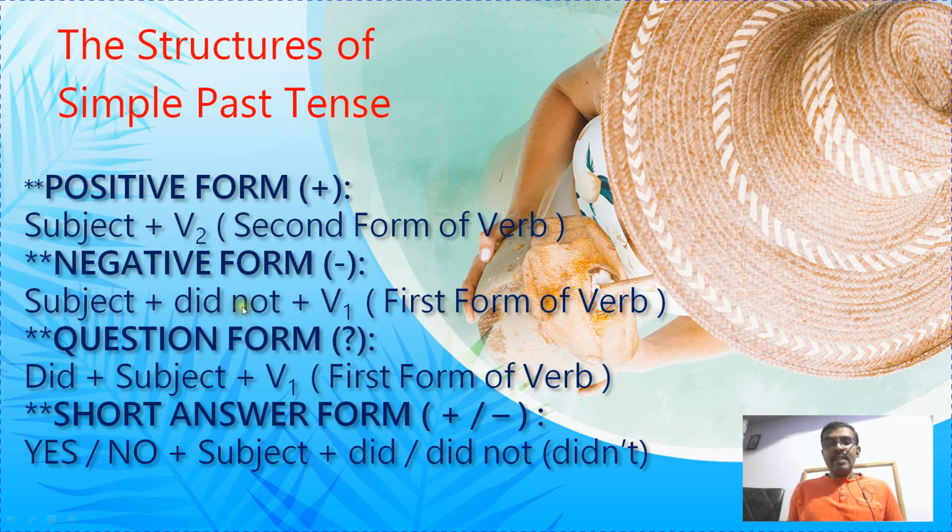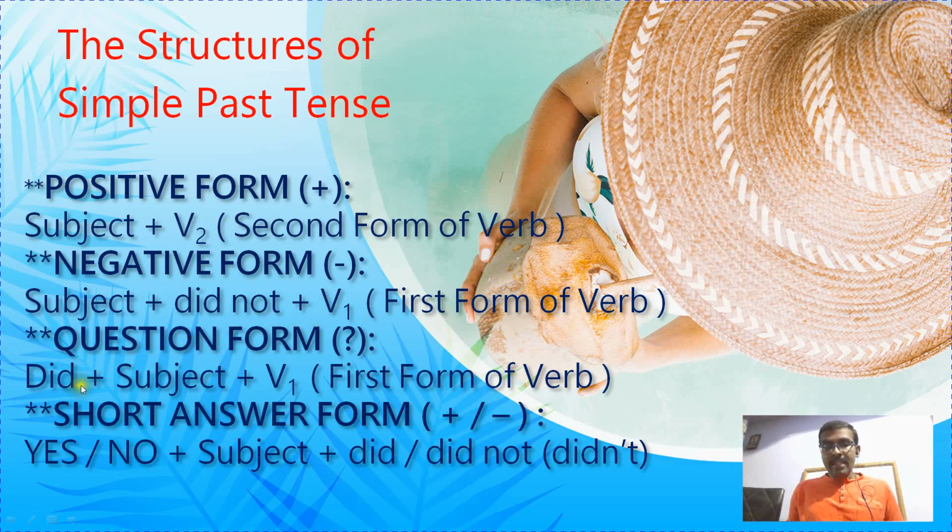subject plus didn't, the auxiliary verb. Okay, negative auxiliary verb, did not, plus V1 form. So in the case of negative form, the verb will be V1, not V2. That is very much important, right? So I didn't go there, not I didn't went there. That is wrong. I didn't go there. I didn't finish the work, right? So it is to be noted here that V1 form has to be used, not V2 form. V2 form will be in the positive form. In the negative form, V1 form of the verb should be used.